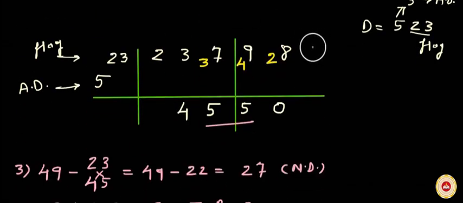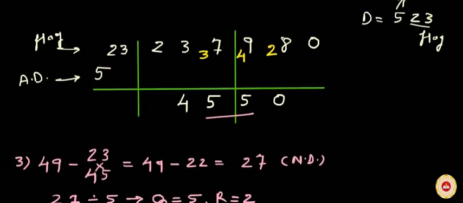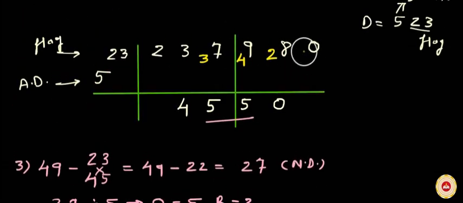We will have to increase one 0 here, because 8 was the last digit in the dividend and we want more decimal places. We will calculate the quotient up to 3 decimal places. So I have increased one 0, and let me write remainder 3 as a prefix to the next digit in the dividend, which is 0 now. Now read these two digits 3 and 0 as 30, and this 30 is the gross dividend.